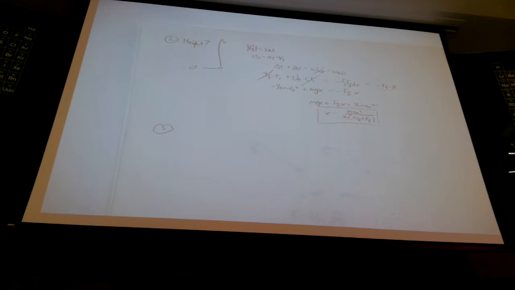How much work is done on the ball? Well, the amount of work done is going to be whatever this is. This is the change in the work right here, this whole side, delta T plus delta U, and we just found that there. So if you start with the same formula,